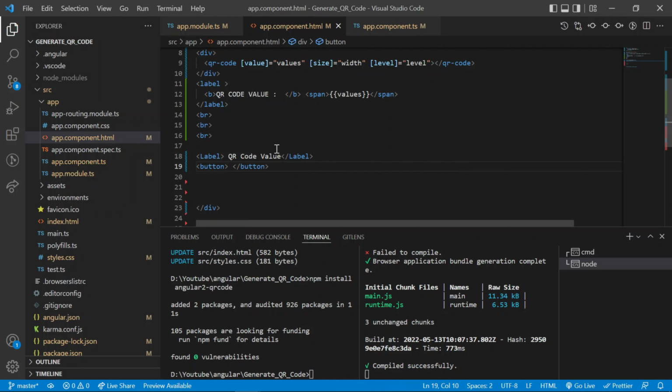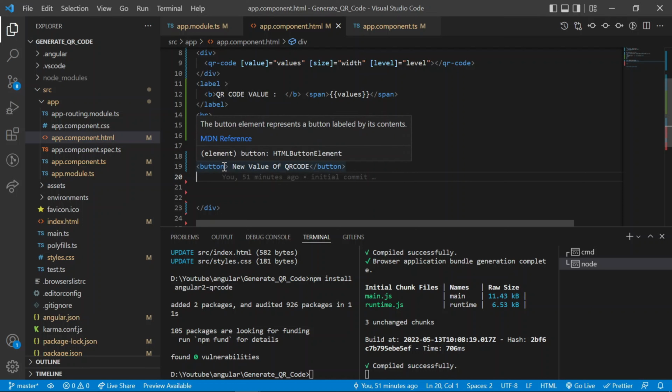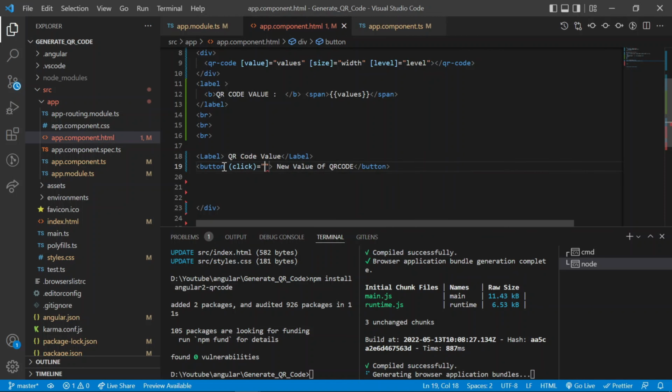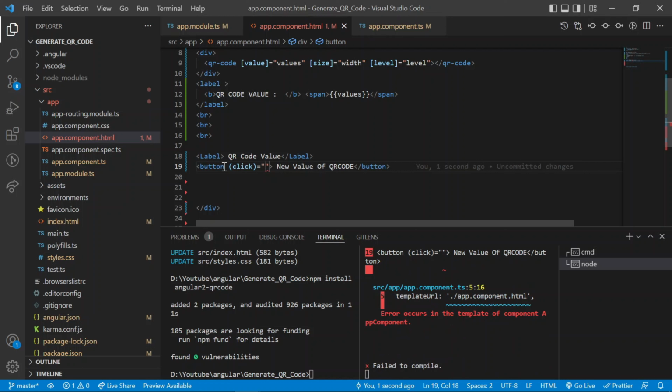I give the button name as the value of that QR code method. So the first one is new value of QR code. So on click, it is bound with our method QR data,